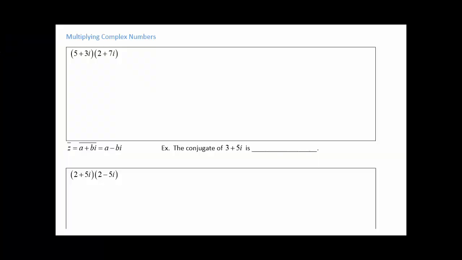All right, we can also multiply complex numbers. Now, from our standpoint, this kind of looks very similar to foiling or double distributing. So I would take the 5 times the 2 and the 5 times the 7, and that would give me 5 times 2 is 10, and 5 times 7i is 35i. And then I would distribute the 3i times 2 and the 3i times 7i, which gives us 6i plus 21i